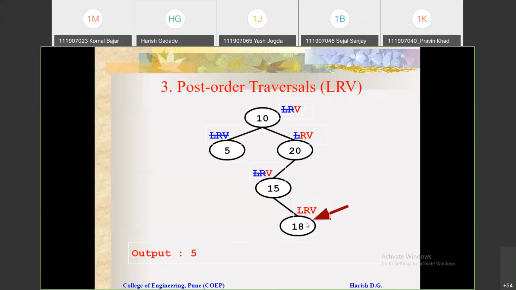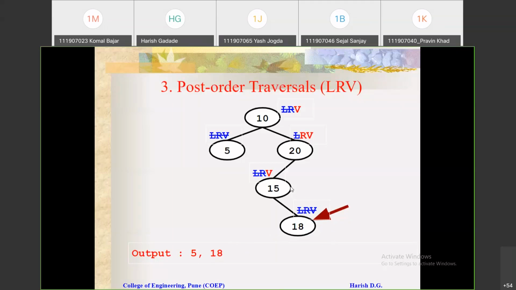So pointer is at 18. Again here 3 steps are there. So first complete that, move towards left. So no left, complete simply. Move towards right. So no right, so complete simply. And visit this 18. So visit means print that 18 into the output. So after completing V steps, so that 18 will be printed here. Now it has been completed 3 steps.